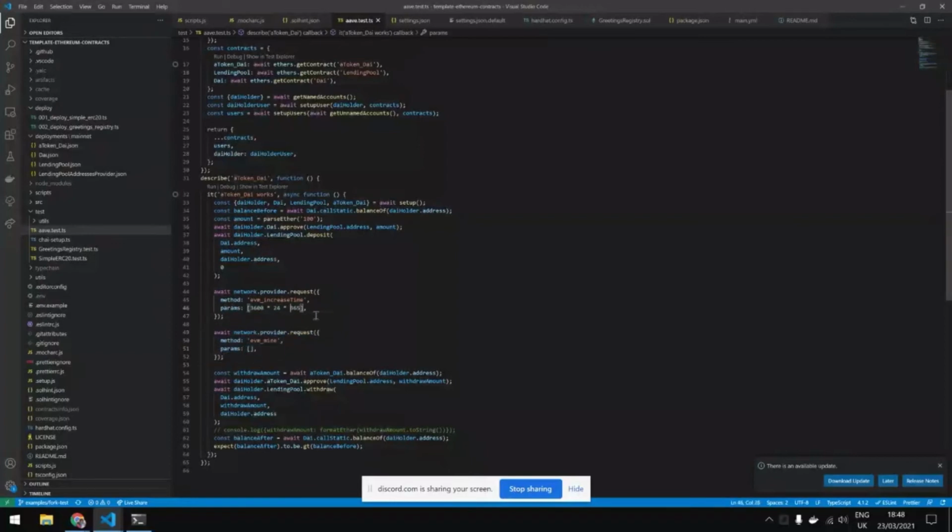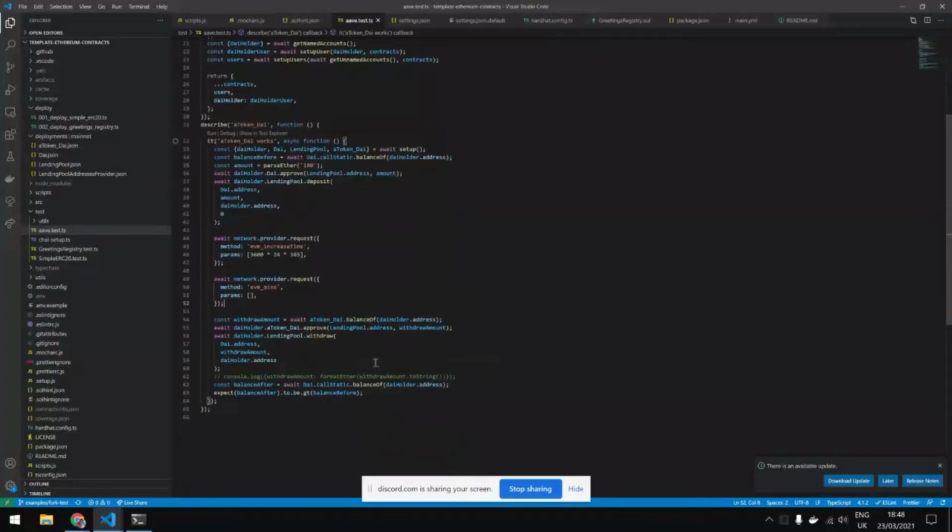I still need to figure out exactly why it happened, but I guess EVM increaseTime doesn't actually mine, and so the Aave contract doesn't have time to actually do the calculation or something like that. And now I do the withdrawal, and I expect my test to simply check that I have more DAI than before.